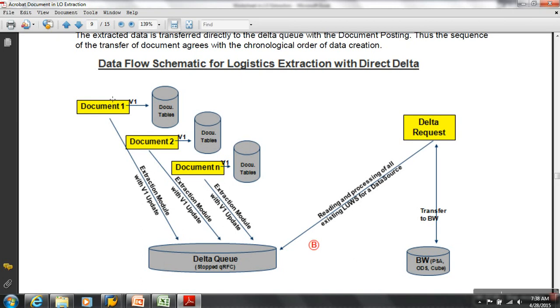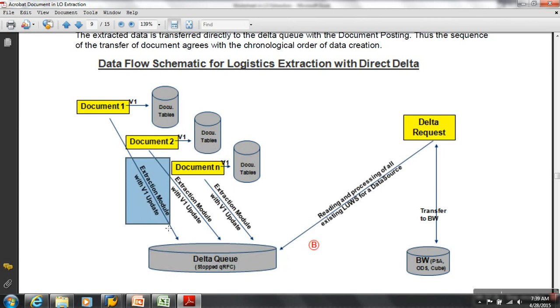Now look at this. Delta Q straight away with V1 updating application tables, and V1 updates straight away into what? Delta Q, and from there your delta request takes it to BW. But the only thing is, here we are using delta Q, and when the records are posted to delta Q, it has to trigger enhancement code also, where the performance of the V1 job is affected.